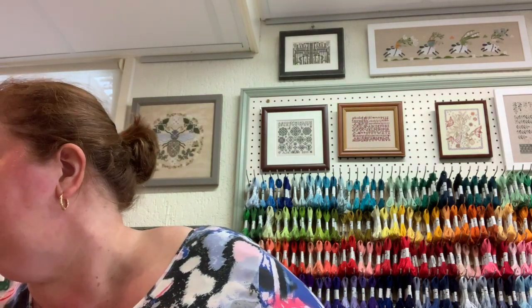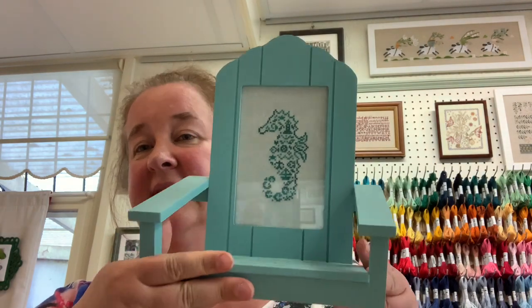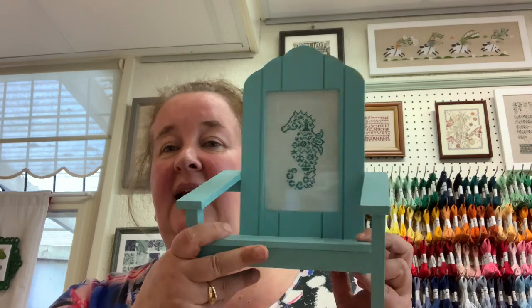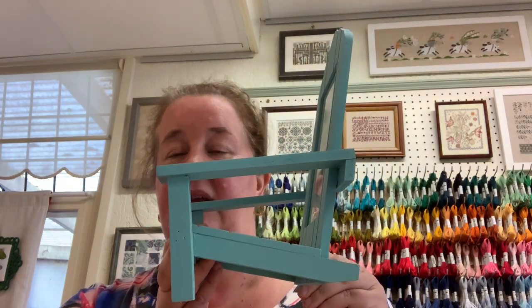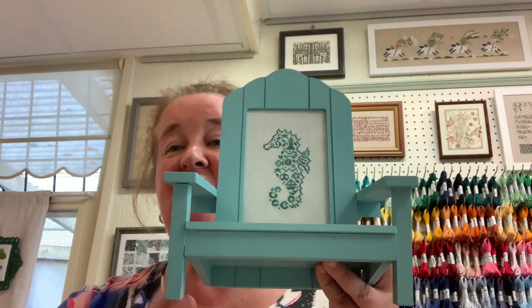Anyway, let's start with the finishes for this episode. There are a couple that were done quite a while ago, some projects that I started years ago, and now they're done. So the first one up is, let me take this. This is one of the Seaside series by JBW Designs, and I finished it myself in this cute little chair, a wooden chair from one of our action shops. I actually bought this